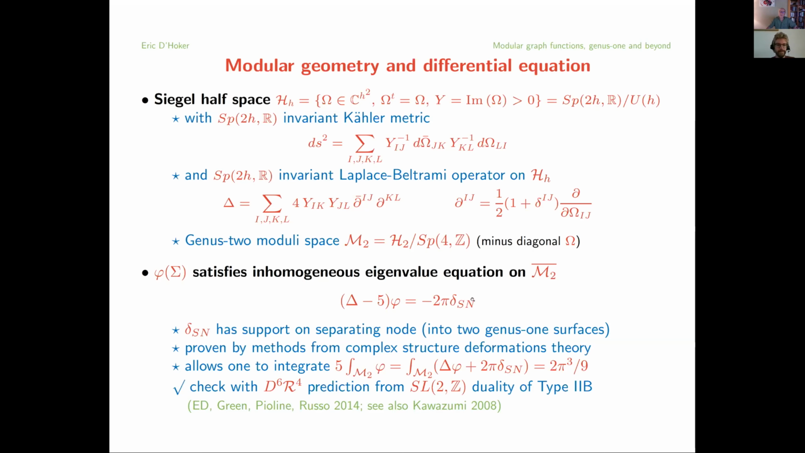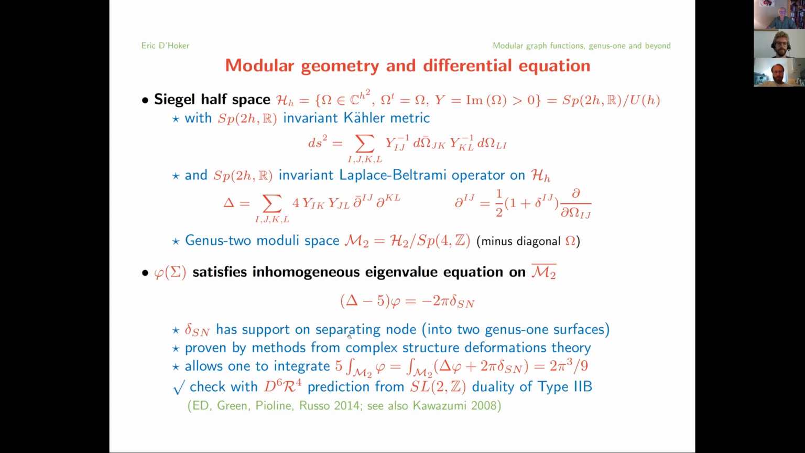So what is the right-hand side? Well, actually, this is an equation we consider on the Deligne-Mumford compactification of M2. And so this delta has support on the separating node, where the genus 2 surface splits into 2 genus 1 surfaces. So it's a delta function essentially on that node. And this equation was proven by the methods of complex structure deformation theory, namely, you consider these Green's functions as a result of considering conformal field theory on the surface, and then perform insertions of the stress tensor and its